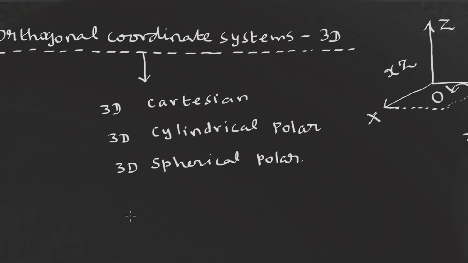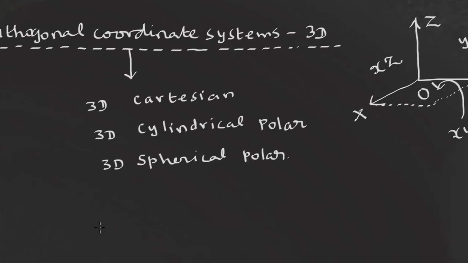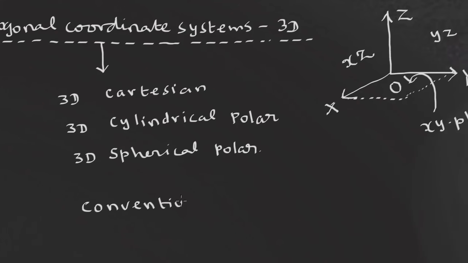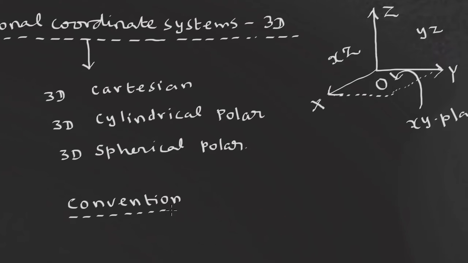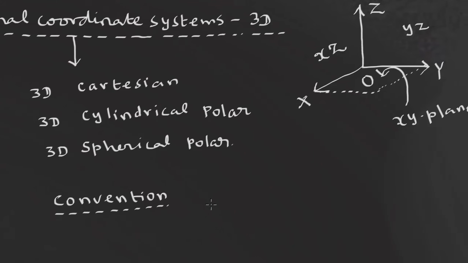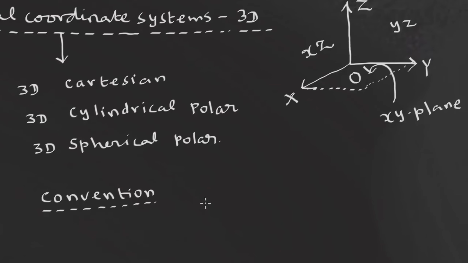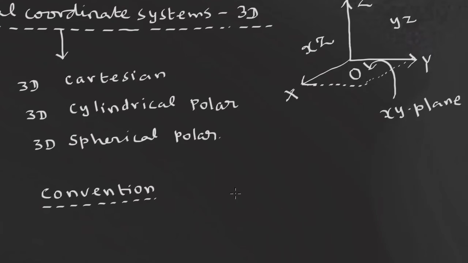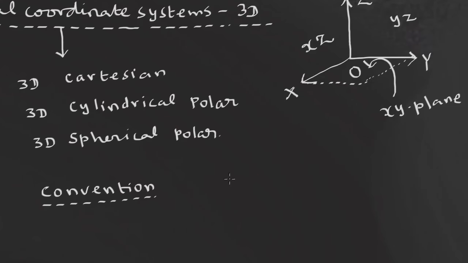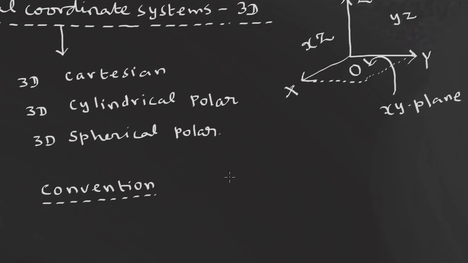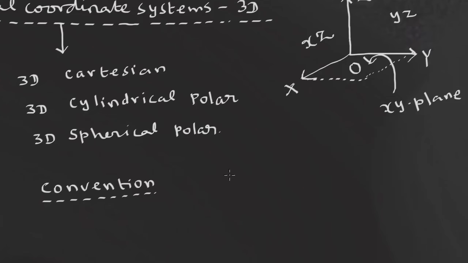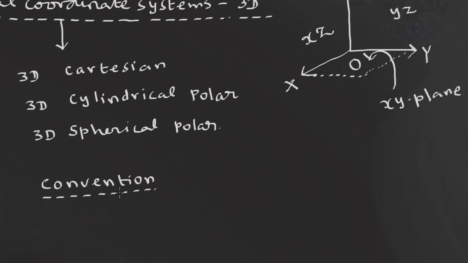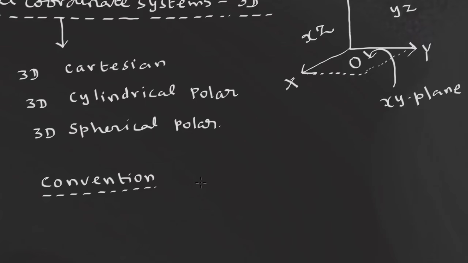Now, the point that you have to note here is, while learning, there is a certain convention. Convention means you have to consider certain symbols for notations, and you fix the symbol to give the meaning. If you keep on changing the symbols for the meaning, then everything will be chaotic and it will give you a lot of confusion. So that is the reason people stick to certain symbols, and those symbols give you a particular meaning. If you fix it like that, then it will be easy to understand as things get complicated. So convention, let us see.